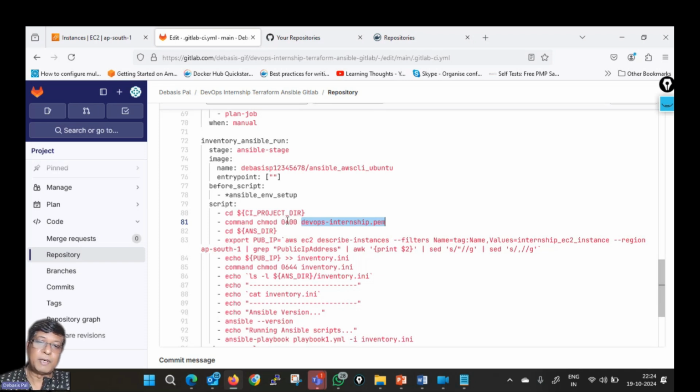So 4 is the read permission for the owner. And who is the owner? Owner is Ubuntu or the root. So after this changing of the permission, it goes to the Ansible directory, and now it uses a shell command